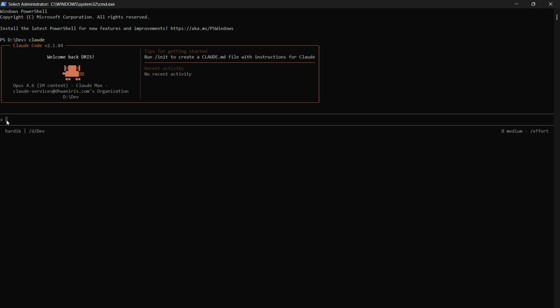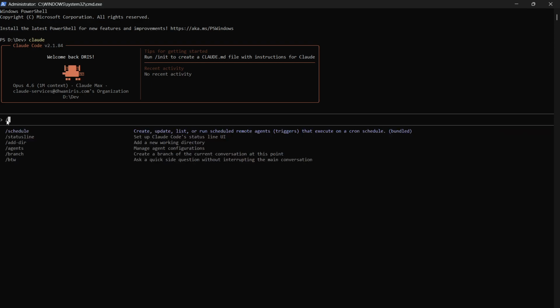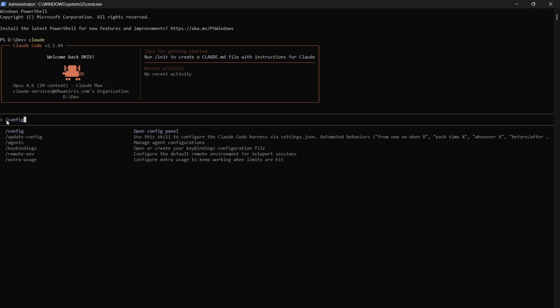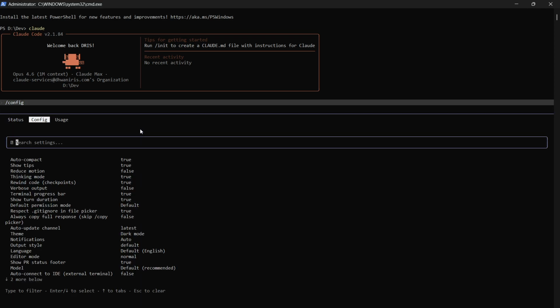And then the next thing that we are going to do is simply type in the following command, that is a forward slash, and then you can type in config. Now here you can see that this will open the config panel of your Claude Code CLI. Now once you have typed in config, hit the enter button, and from here you can see this list appears,